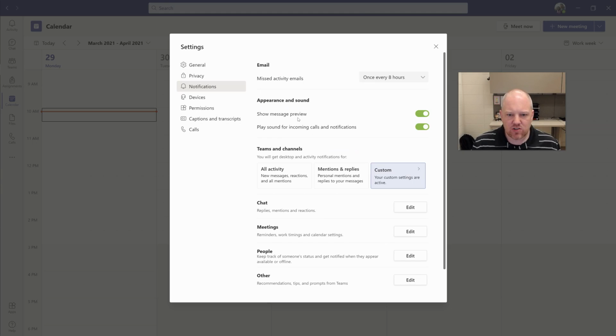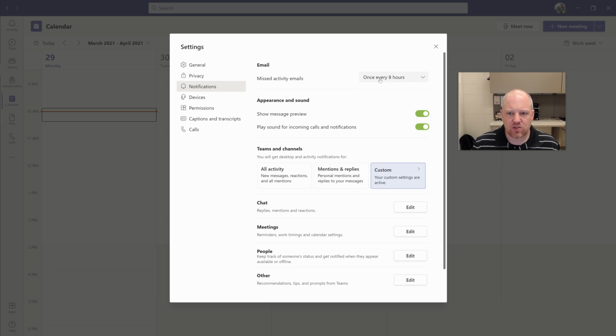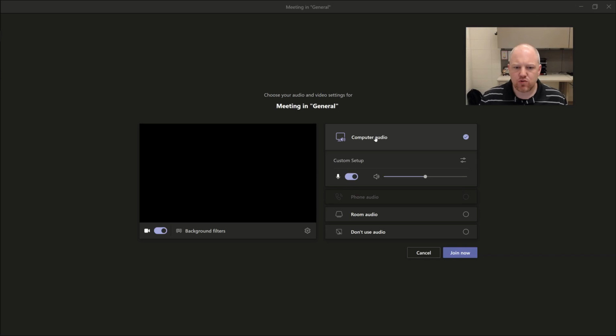You also might want to change the notifications. If you get tons of notification pop-ups on your screen, go ahead, scroll through those, and change them to whatever you find most appropriate. When you are trying to join a Teams meeting, one of the things that I would recommend